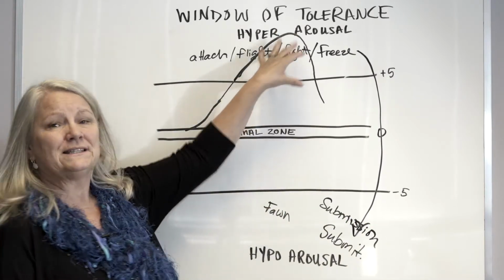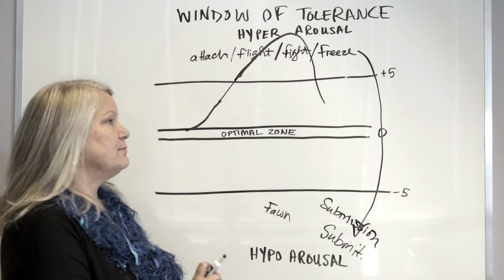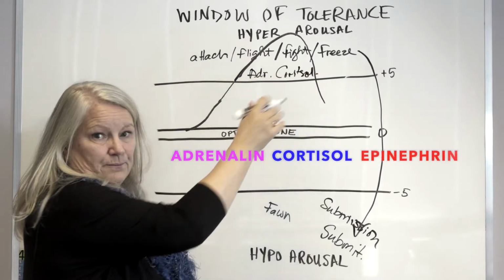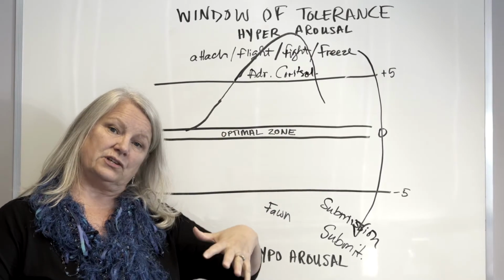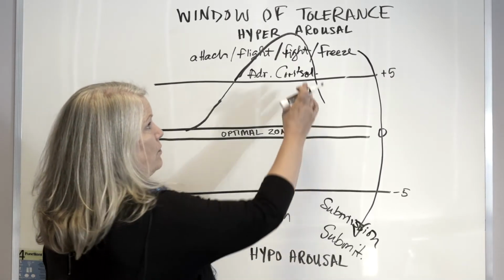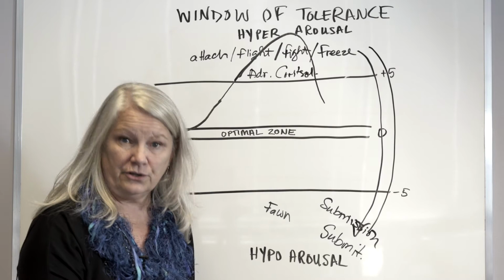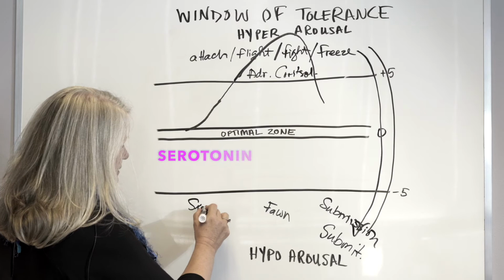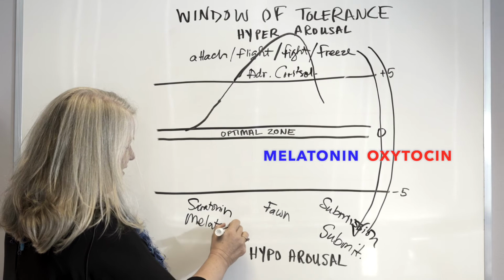So what's happening within this process is when I am in a state of hyperarousal, my body is dumping adrenaline, cortisol, and epinephrine. This allows me to be strong, fast, and epinephrine actually takes care of any pain I might be experiencing if I'm in a dangerous situation. When these things do not work in my system, my body's actually going to switch over and begin to dump different chemicals, which are serotonin, melatonin, and oxytocin, the love drug.